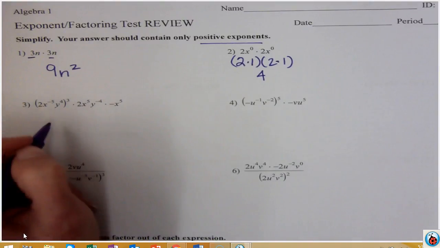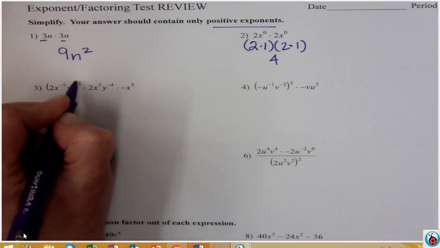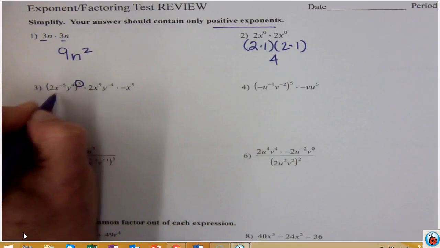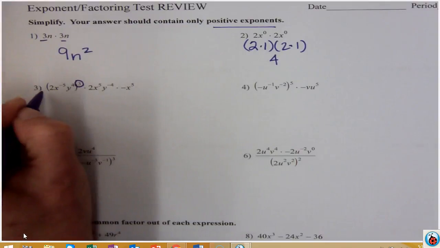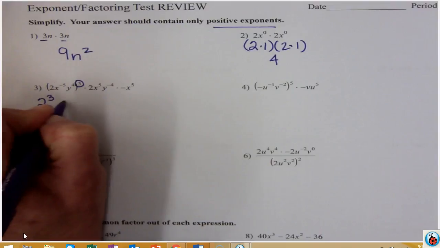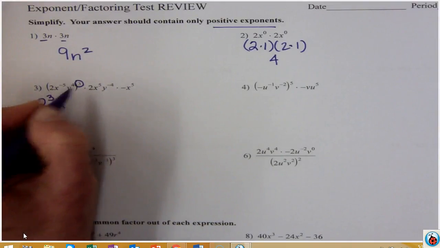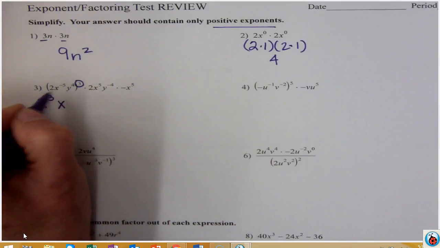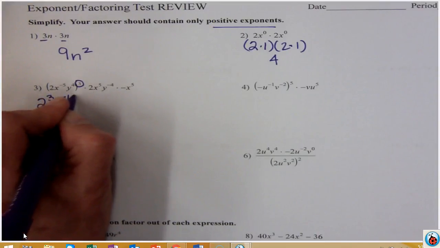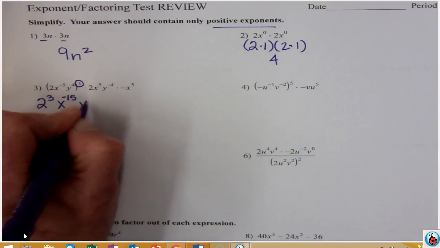We'll do the odds. So first of all, I'm going to do my exponents. I've got a 3 exponent here, so I need to make sure that I distribute that out. So 3 times, this would be 2 to the third. Then x, I multiply my exponents when it's an exponent to an exponent. So negative 5 times 3 is negative 15. Y to the 4th to the 3rd is going to be y to the 12th